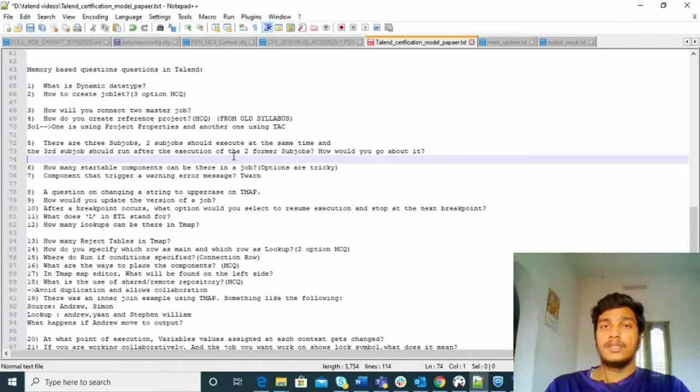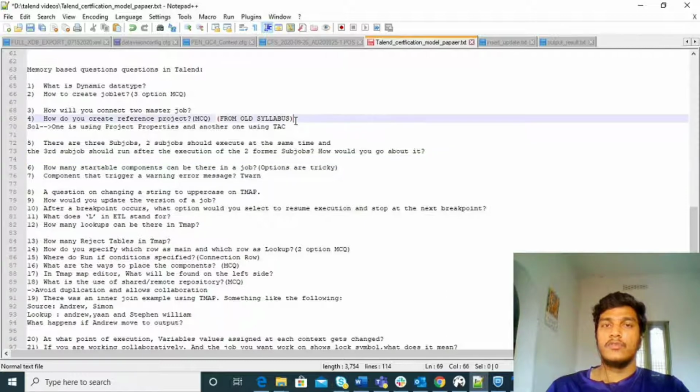And as I already said, keep concentrating on the complete components and each and every option available under each component, and the different options you have under join models and match models, as well as action on table, action on data, and like that. As I mentioned, a few modules are from the old syllabus as well, but I haven't remembered those.